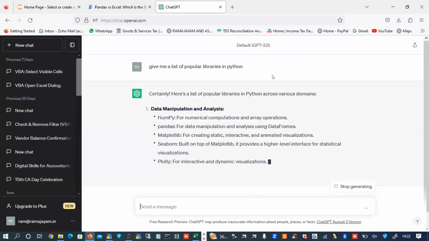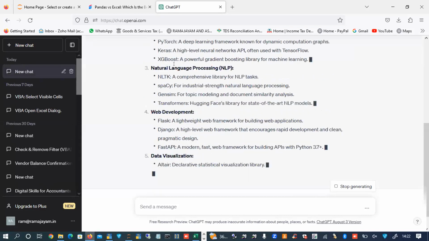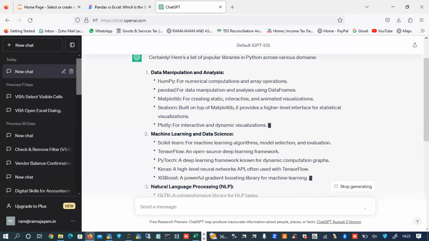So it says data manipulation and analysis: you need NumPy, or pandas, matplotlib, or Seaborn for plotting. All of these 4 or 5 libraries will help you in data manipulation and analysis.